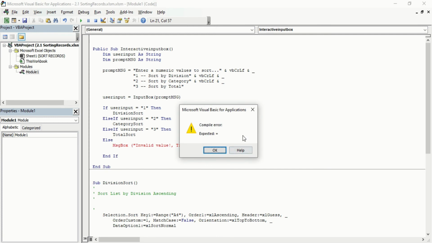Now you will see a compile error, expected is equal to. That means there is certain error that I have done and I have to try make it right. And how to do that? Certainly in Visual Basic application there are always certain errors that happen and you don't know what you should do. But you should always take a hint from it and work on it. And how will I know that something is missing? Expected is equal to.